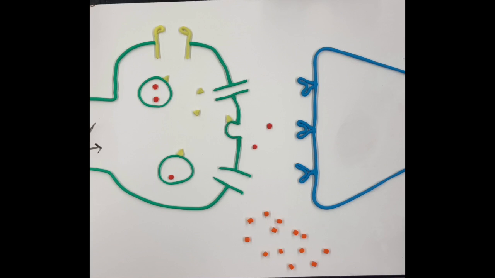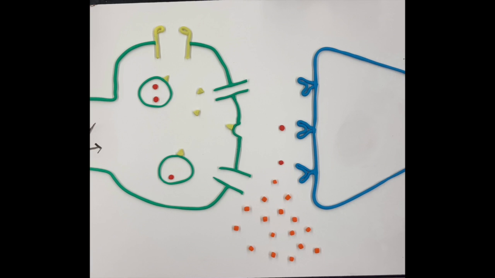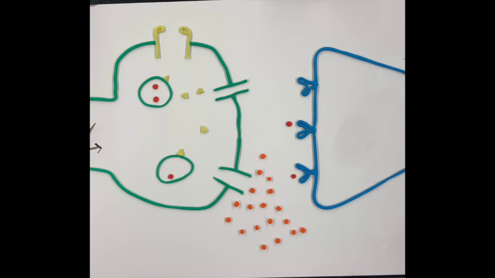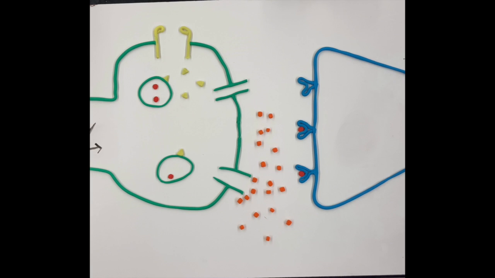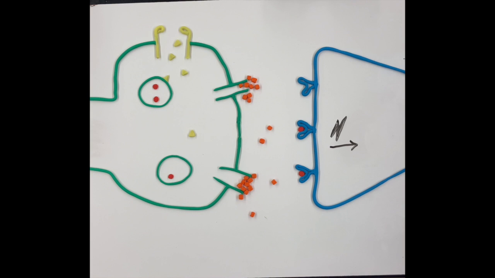This causes the calcium ions to enter the axon terminal. The calcium ions stimulate the vesicles and cause them to merge with the presynaptic membrane. The vesicles release the serotonin neurotransmitters into the synaptic cleft just as they had in the normal synapse. But as the serotonin attaches to the protein receptors on the postsynaptic neuron, the Prozac encroaches into the synaptic cleft